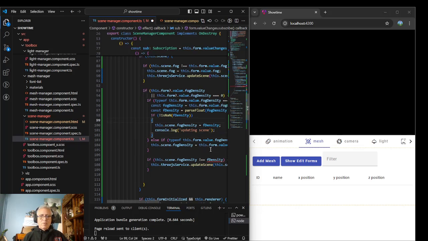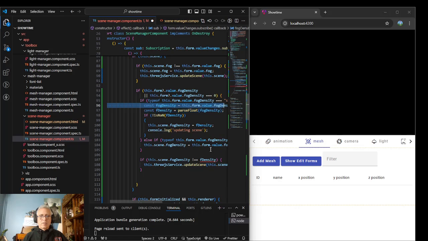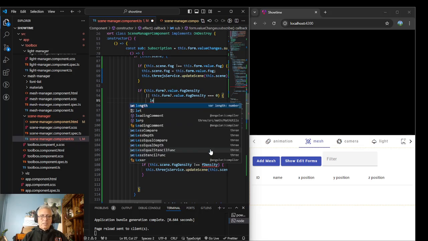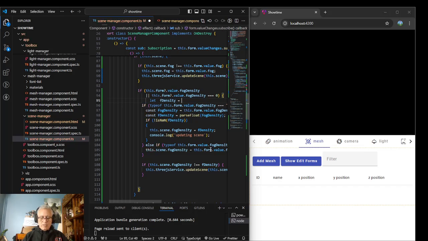And then I think what we want to do is, instead of declaring, we'll change this to a let. So we'll say let fDensity equal to 0. Just default it to 0. And then